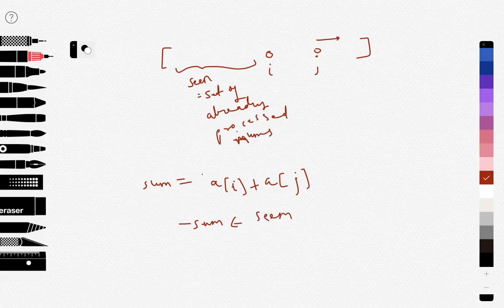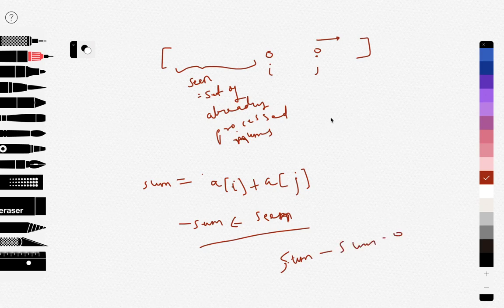So have we seen this minus sum already? Because if we have already seen it, then the total sum would be sum minus sum, which is equal to 0.